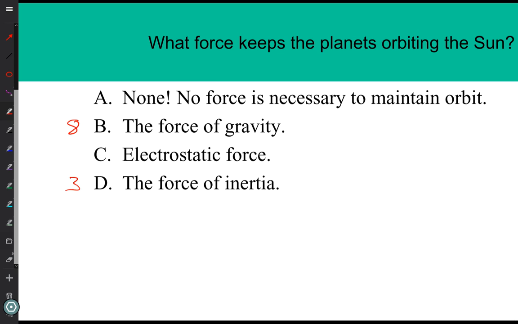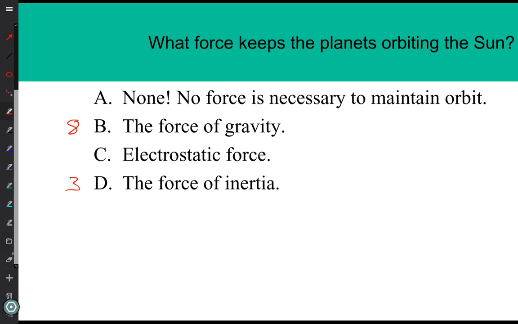Now, I'm not going to have you discuss again, especially because I got a lot longer than I ever anticipated I would tonight. Inertia is not a force. Remember when I talked about Aristotle and his natural motion, which has been blown out of the water? Well, inertia is the natural motion that we now understand. An object naturally travels at a constant velocity unless a force acts on it. Inertia is not a force. Inertia is the statement that it's going to go at a constant velocity unless something else acts on it. So inertia is not a force, hence the force of inertia couldn't be correct.